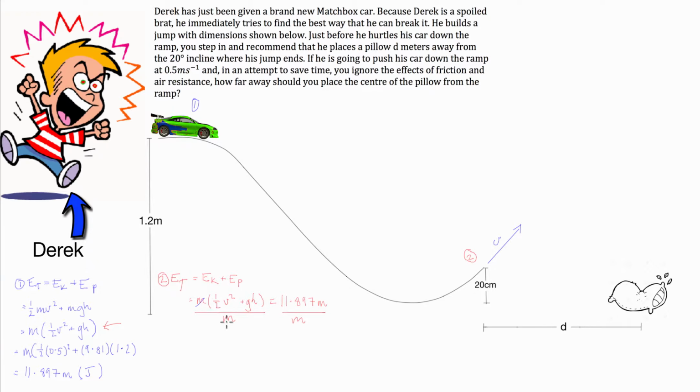And what happens here is the m's cancel, which is quite handy, to be honest. So we then substitute our numbers in. We've got 1/2 v squared. Now this v is what we're looking for, because that's going to be equal to that v, plus g, which is 9.81, times height, in this case 0.2, and that's got to be equal to